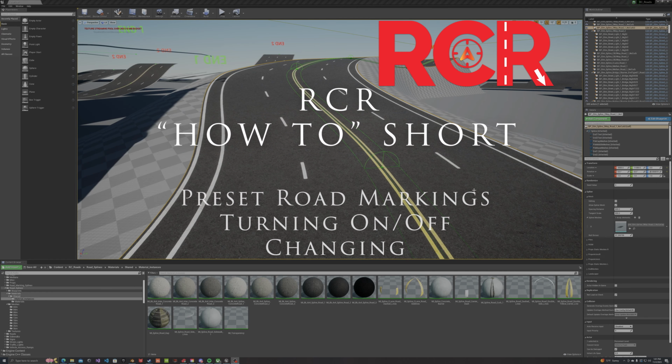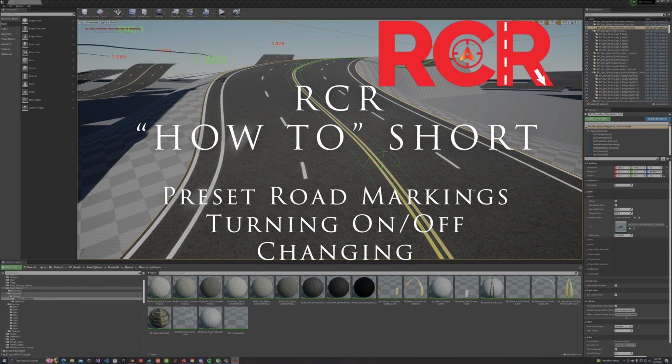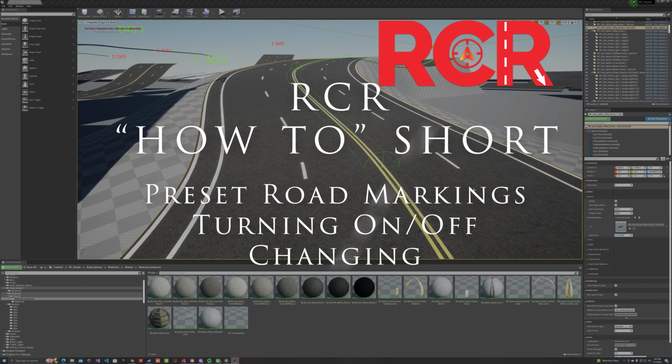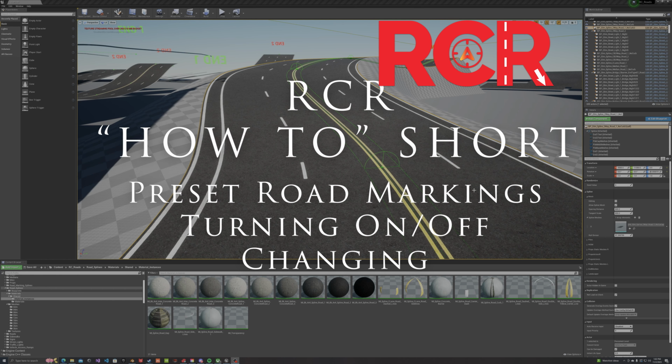Hello everyone. In today's how-to short, we're going to cover the topic of road markings and how to turn them